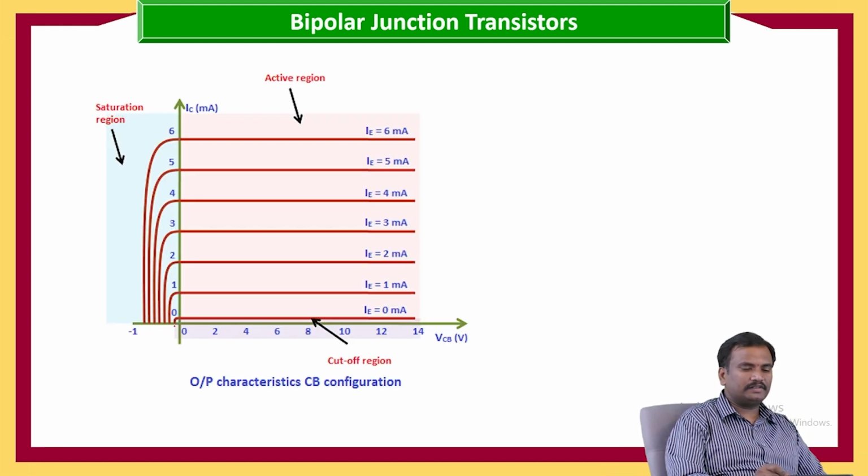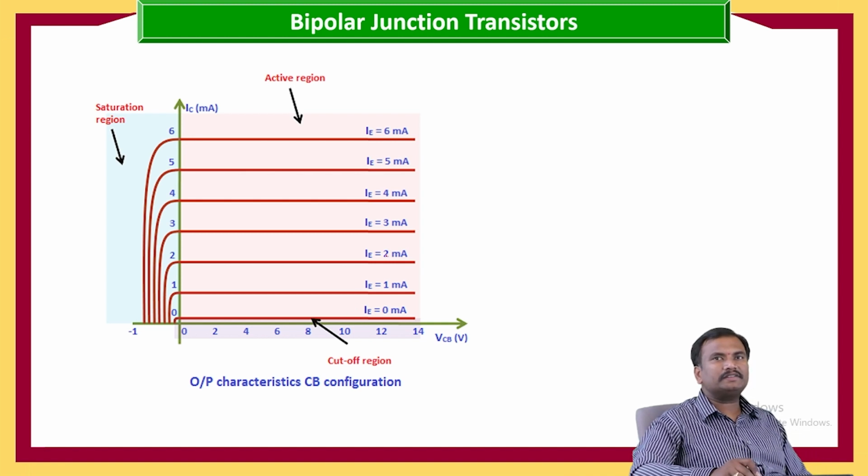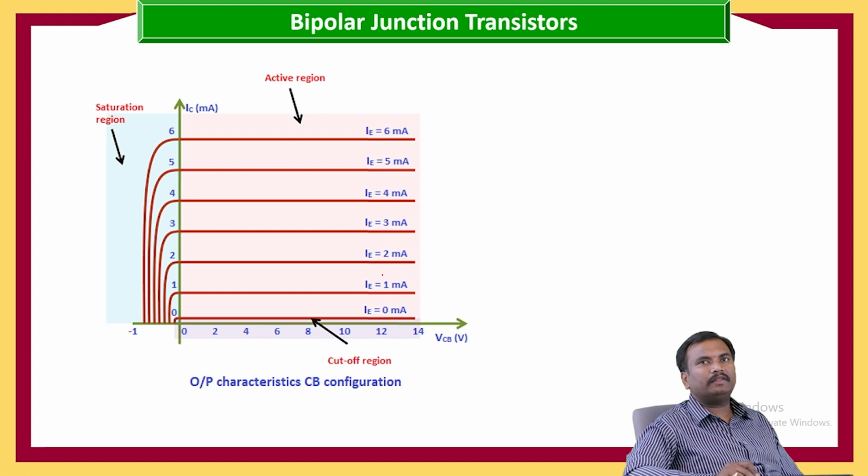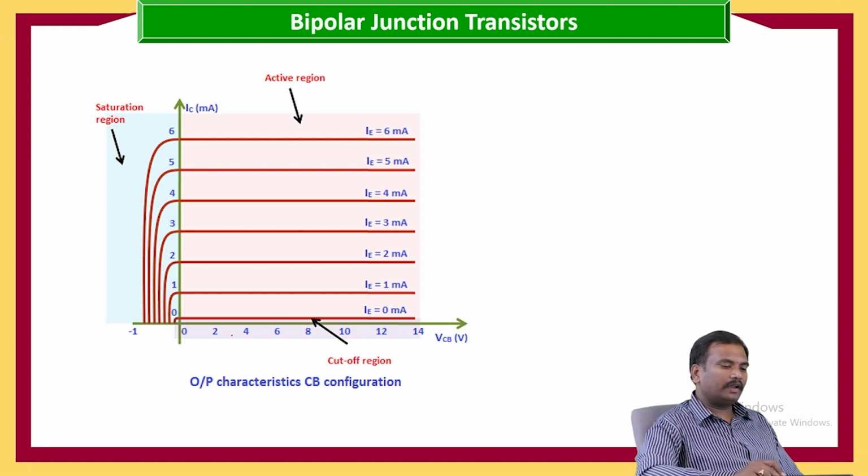This is the characteristic where we are going to get a constant value. And if we go on increasing the input current, that is IE at 1 milliampere, again the saturation region value increases. That is IE equals 0, IE equals 1, like that